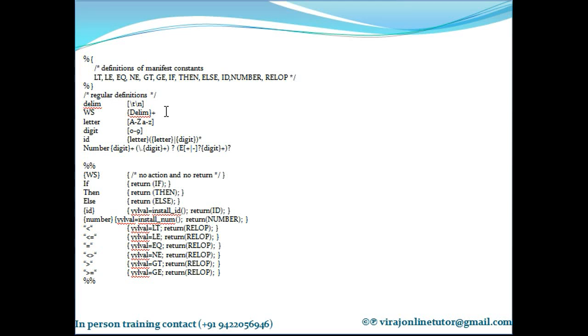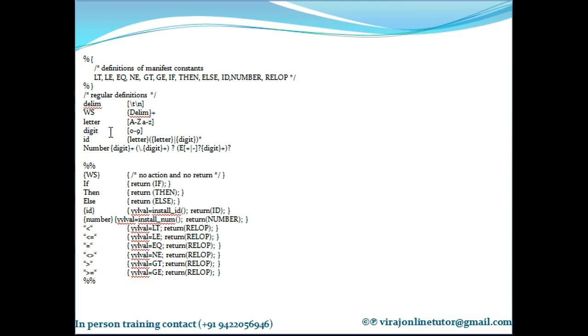When I had explained conventions of regular expressions, I had explained 3 things: asterisk, which is 0 or more, plus, which is 1 or more, question mark, which is 0 or 1. So can you all tell me what this white space means? White space means 1 or more delimiters. What is a delimiter? Tab or a \n. So white space is 1 or more delimiters.